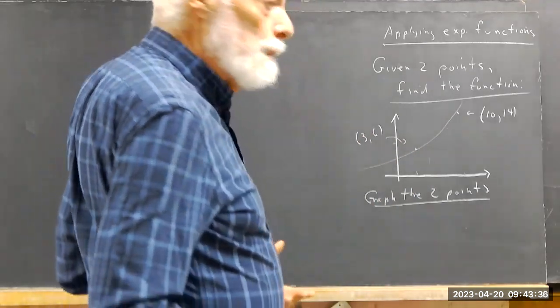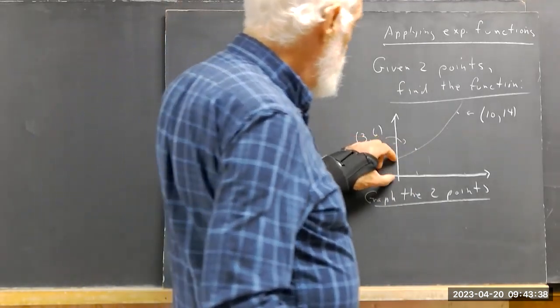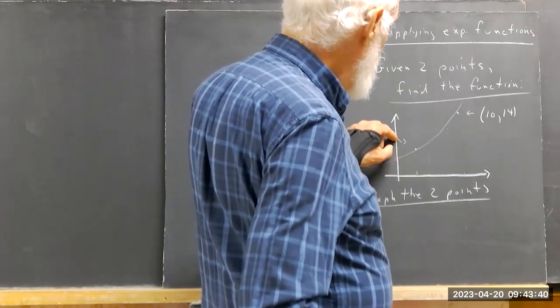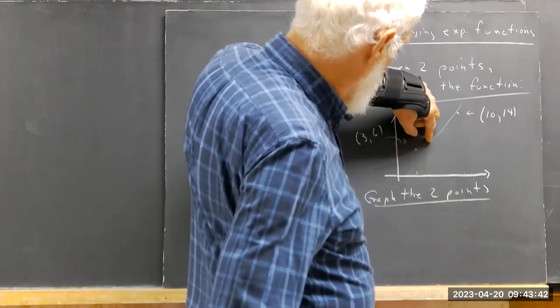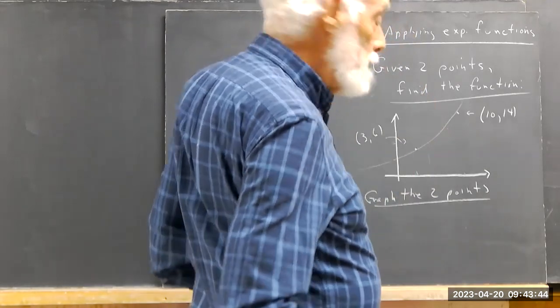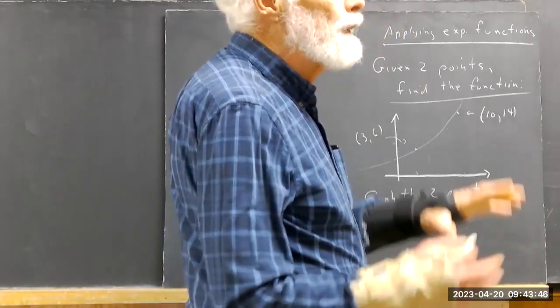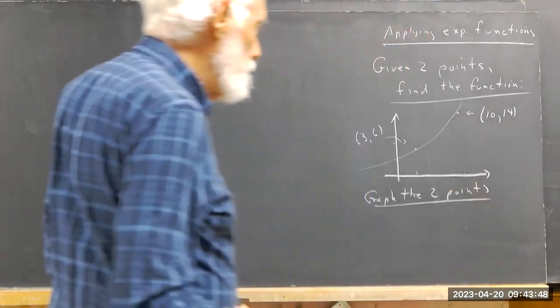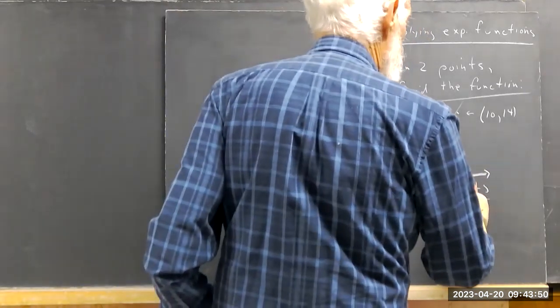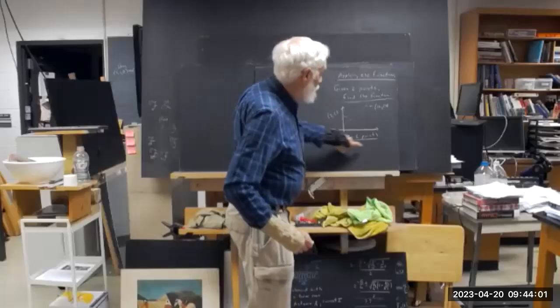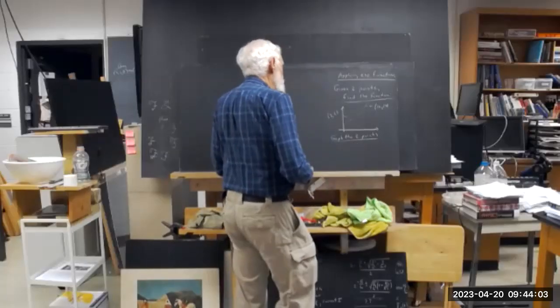If you want to find the doubling time, right here's a value. The value doubles, it's going to take about this long, and that looks like it maybe takes 5 or 6 units to double. So review what we did as far as the graph, because it gives you a picture. It gets you oriented to what the algebra is going to tell you. Okay. So anyhow, we graphed the 2 points, and then